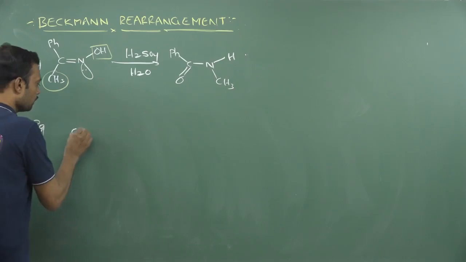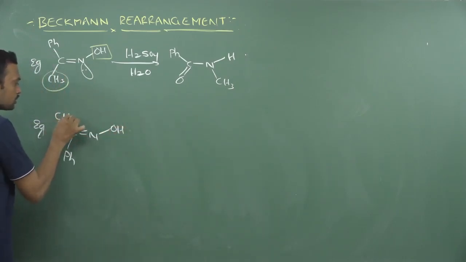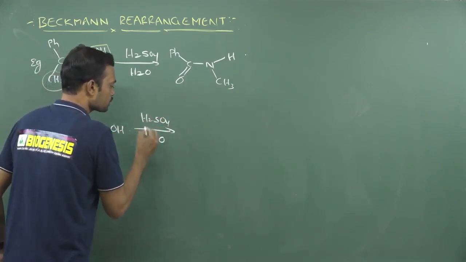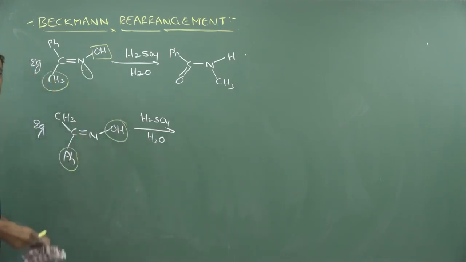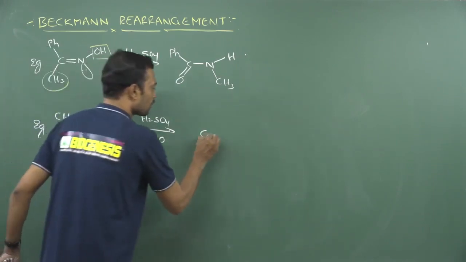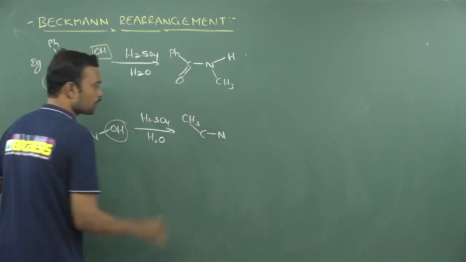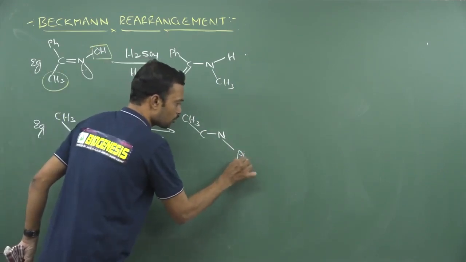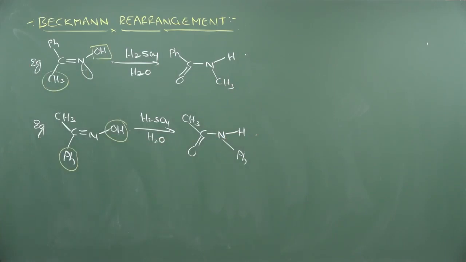Listen one more time. So carbon nitrogen, I am writing a hydroxy group here. Now this is phenyl and this is CH3. So they will give this ketoxime in the form like this. What is the suitable product here? First you write down trans hydroxy as well as the substitution. So trans to hydroxy is phenyl. Now first you write down the carbon nitrogen double bond, and whichever is not circled, you write down as it is by putting a carbon nitrogen single bond. The group which is trans to hydroxy, you write on nitrogen, and put a double bond O and put hydrogen. That is the answer. This is called an N-substituted amide.